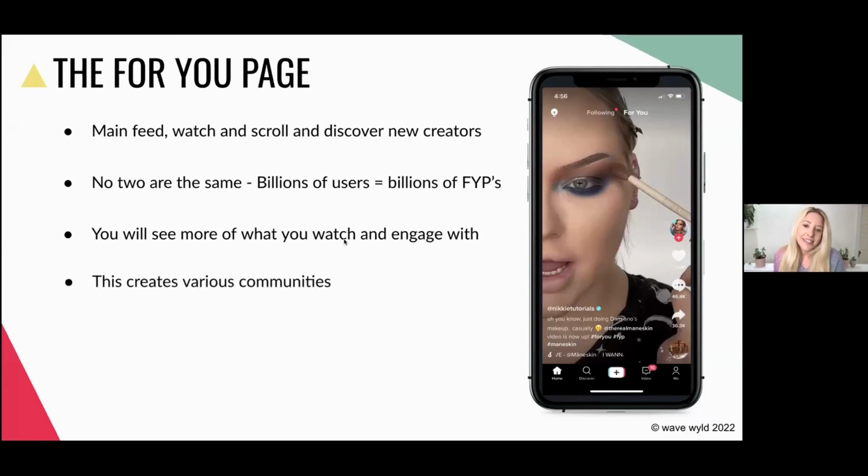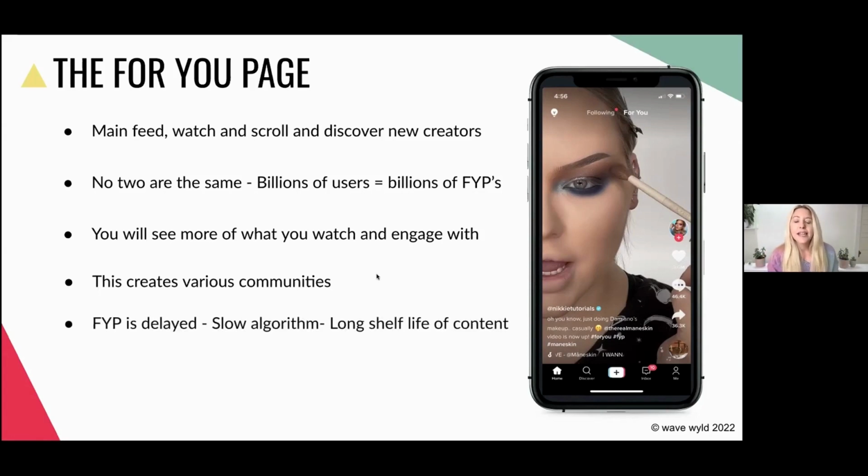So what this does is it creates various communities like Pet Talk. Some people's For You pages get so curated that all they see is fitness content or video game content or political content. That's how these communities exist. And we know they exist because Book Talk is one that is very well talked about in the media. Book Talk's huge, with a lot of authors on the app.